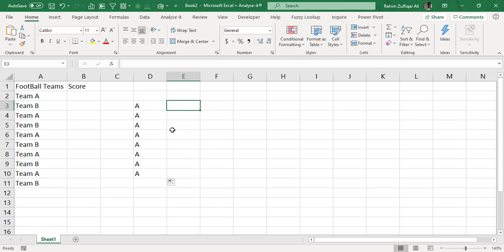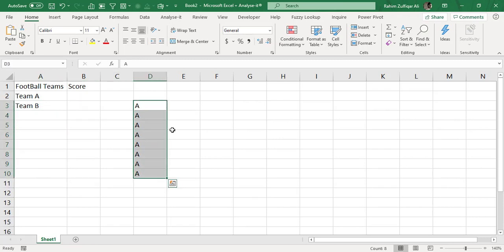But in the case of generating alphabets, either capital or small, the fill handle does not work. So let me tell you the first technique for doing it with the help of a formula.